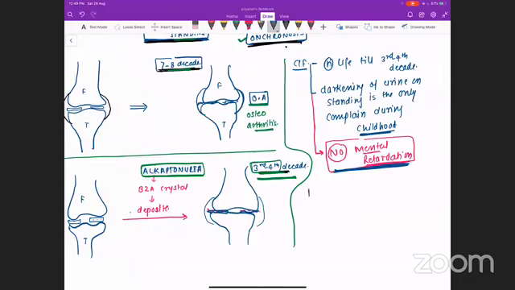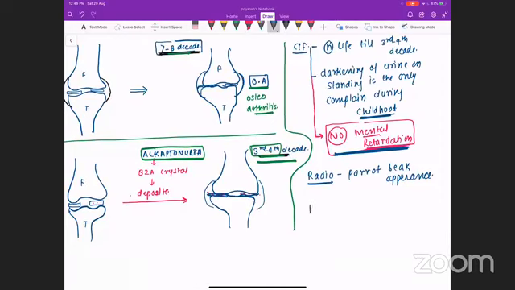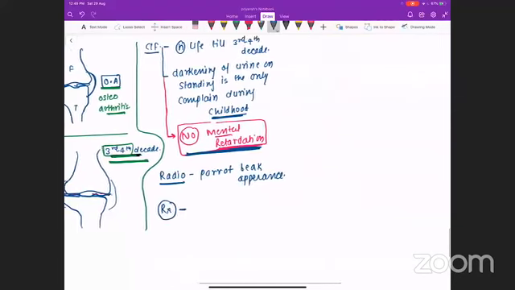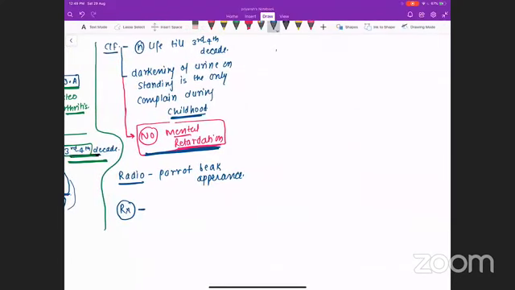When you do an X-ray, the radiological finding, which is a non-specific finding that you may get, is a periodic appearance. Not very specific, and not important as well, as this is just for completion. How we are going to treat the patient is more important. What is the thing that you are going to give to the patient? So to understand the treatment, let's see how we can treat the patient.